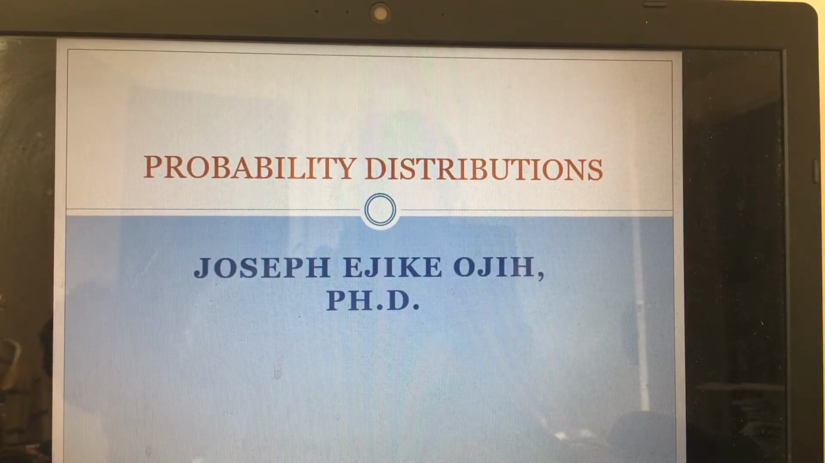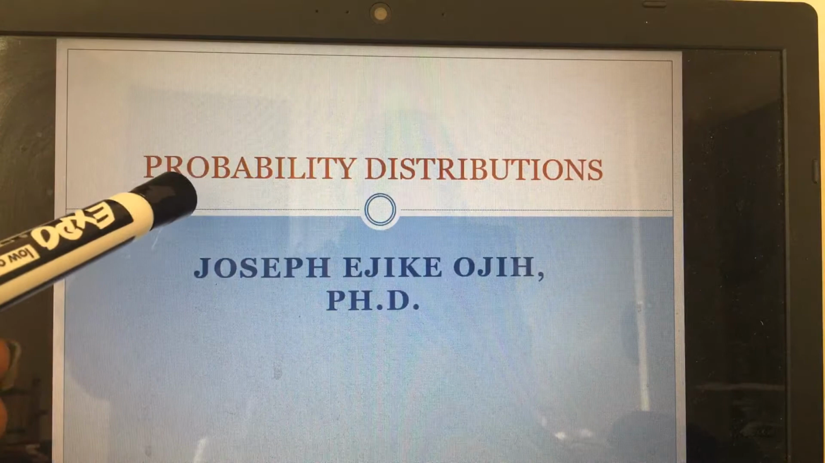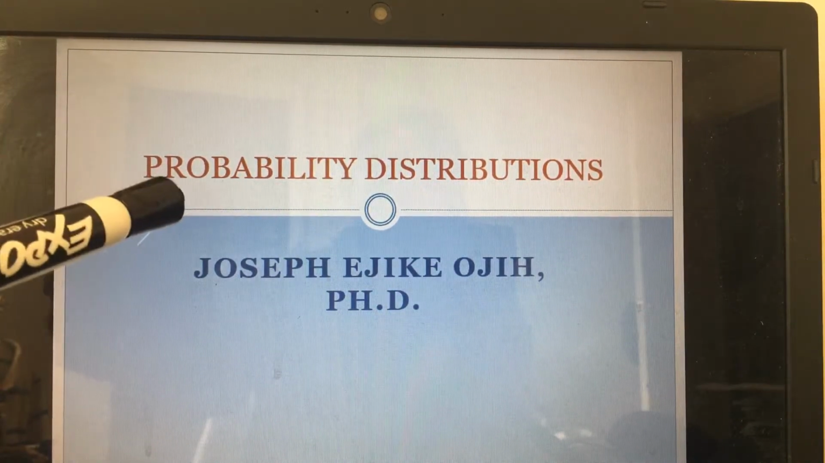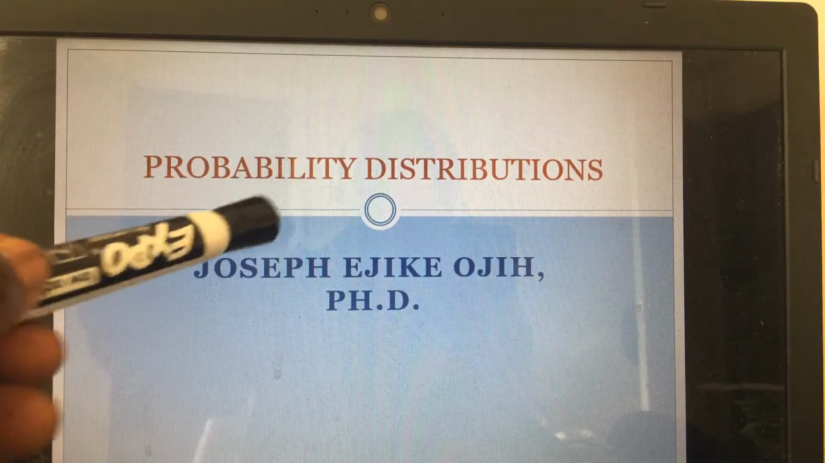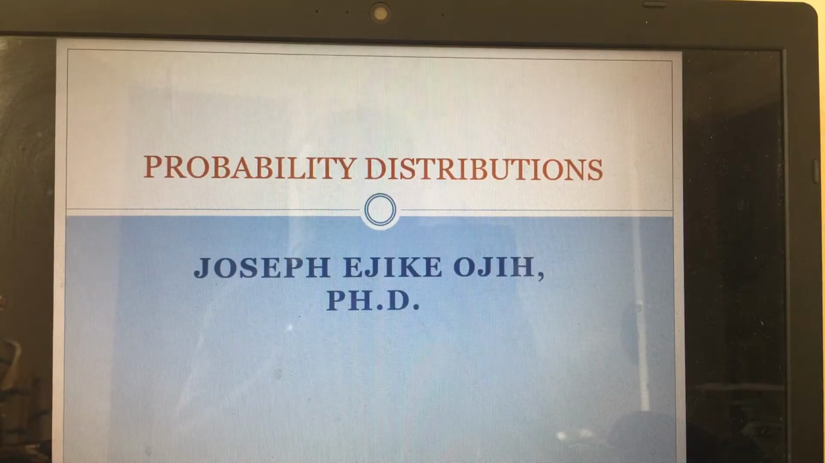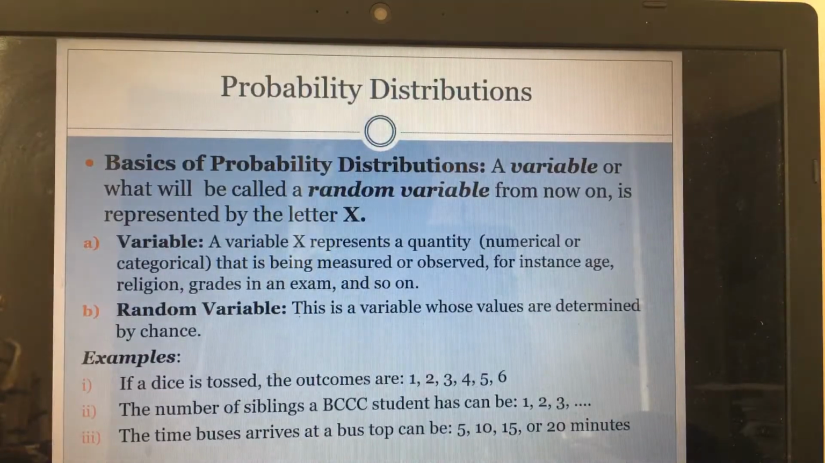The topic of the day is probability distributions. In the past week, 2 weeks, we've been working on the concept of probability. Now, let us discuss what we called the probability distributions. Let's start. Now, before I explain the meaning of